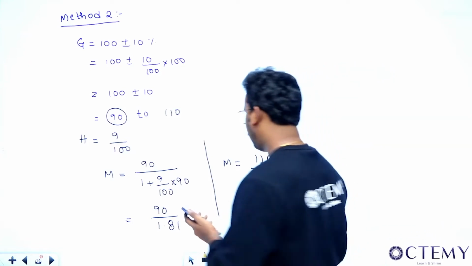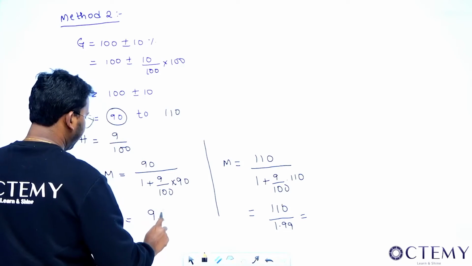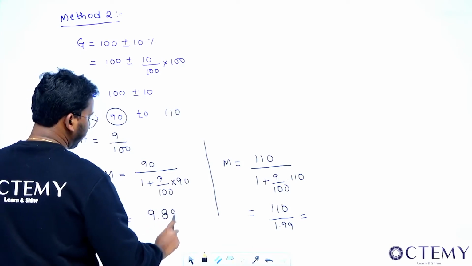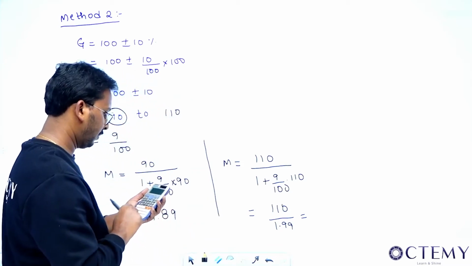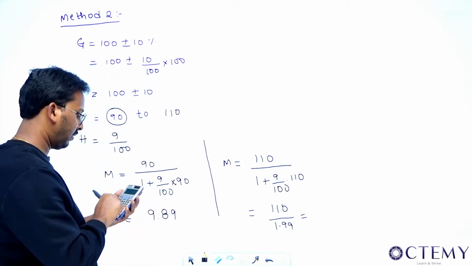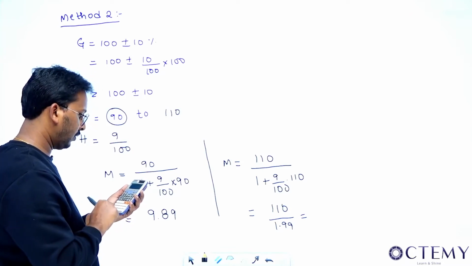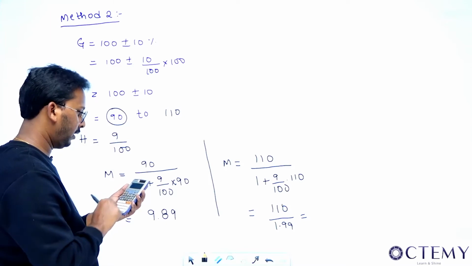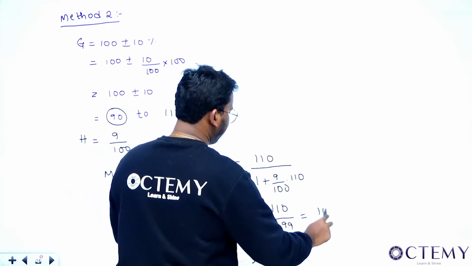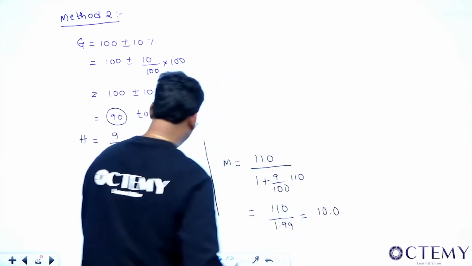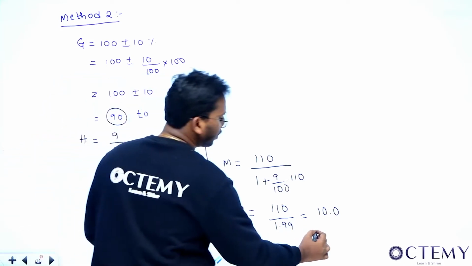This is coming up to be 9.89 approximately. And see sir, how much this is coming up to be? 110 divided by 1 plus 990 divided by 100. This is coming up to be 10.09, right? So I can approximately write this as 9.9 and I can approximately write this as